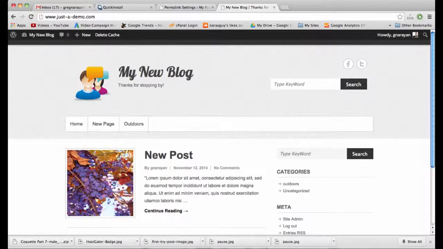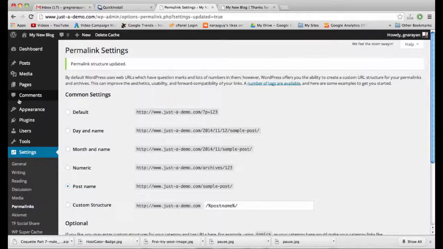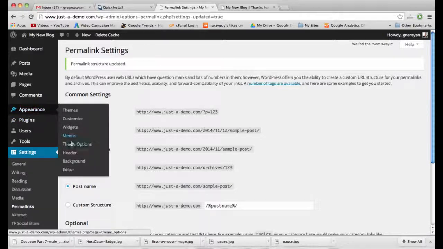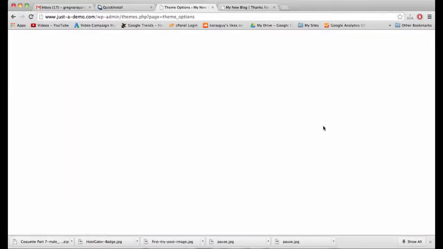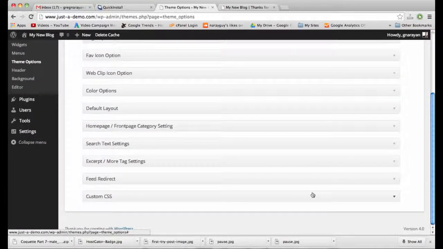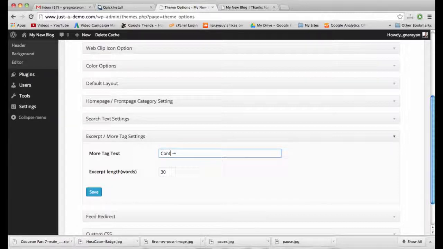Alright, very cool. I'm going to show you two more little things, two little minor style and design facets of your new site. First is in theme options. We are going to change this little continue reading button. Okay, so I'm just going to change that down here in the excerpt more tag settings, and I'm just going to write, alright, finish